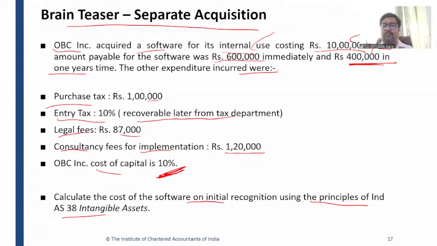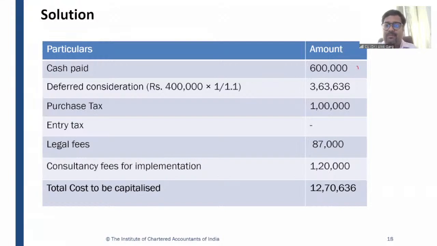So how to calculate the present value of 4 lakh rupees? 4 lakh divided by, it is 10%, so 4 lakh divided by 1.1. It will give you the present value on the 0 date, because the payment has to be made in 1 year's time. This purchase tax, first of all, the cash paid is going to be part of the cost of the asset. The second one is deferred consideration. So 4 lakh divided by 1.1 will give you